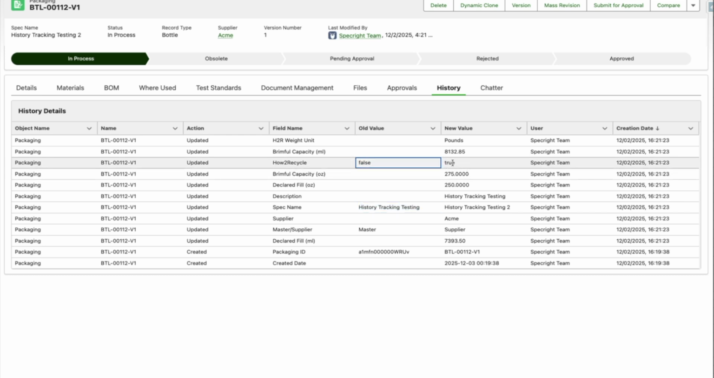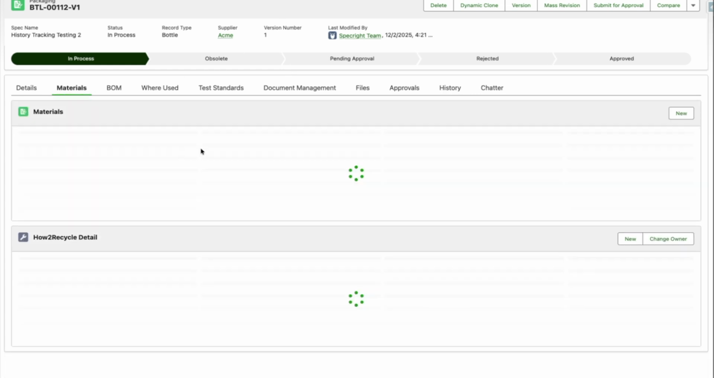False to true. So we're also capturing checkboxes. We have pounds, stuff like that. So we can say that this is accurate. So then I can come to the materials section because